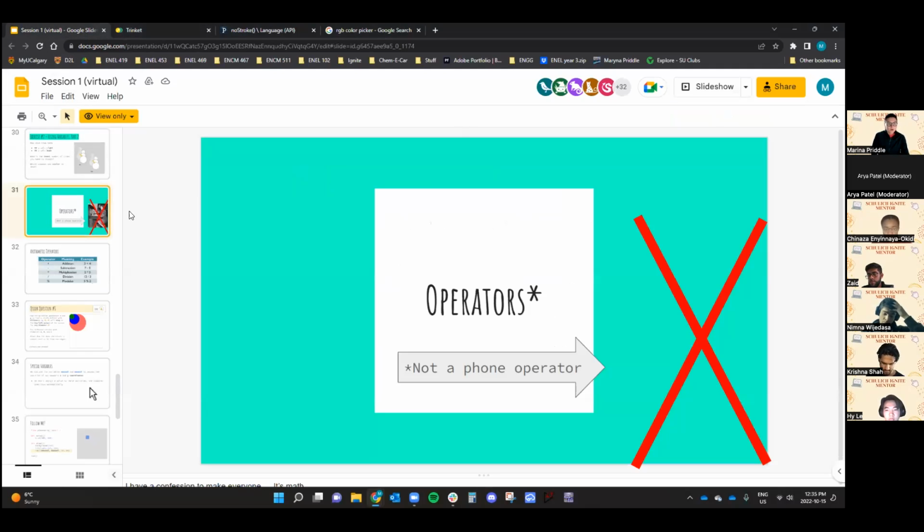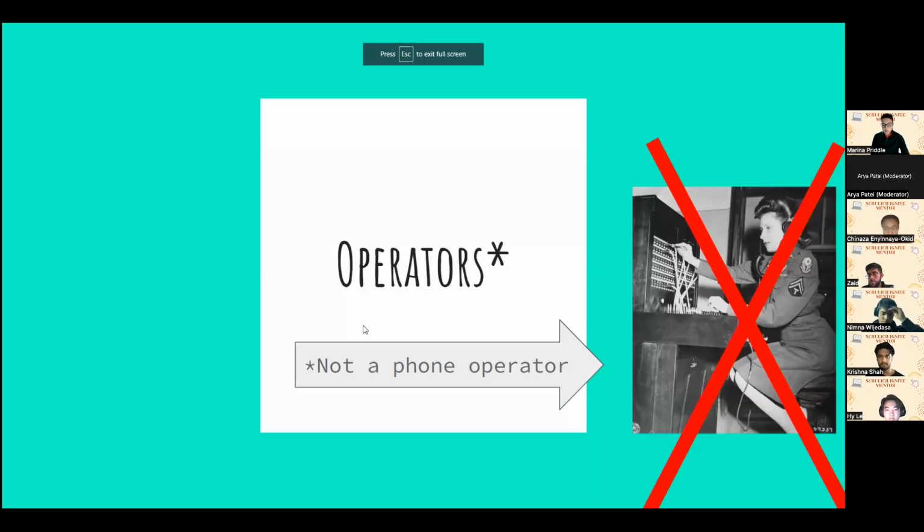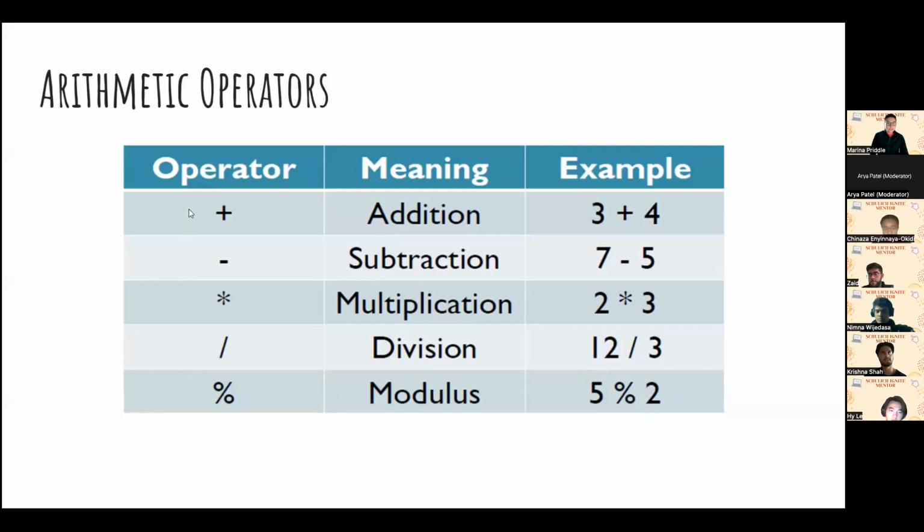But because we're running out of time, we won't be having any more breakout rooms for today. Before you guys go, we'll quickly cover operators. Operators is something that you guys are already familiar with. Plus is addition, minus is subtraction, star is multiplication, division is just a slash, and modulus is